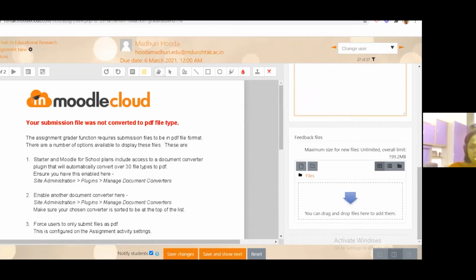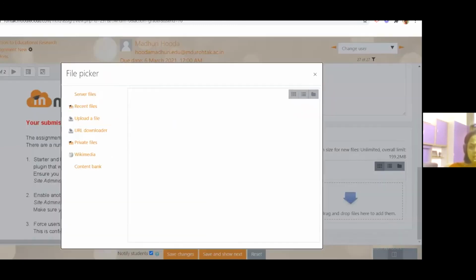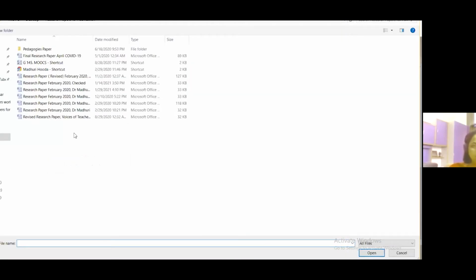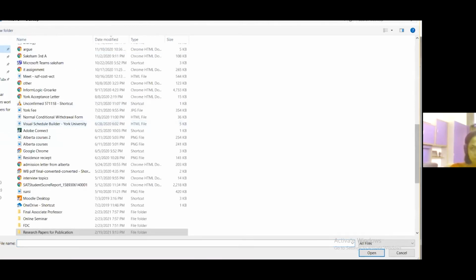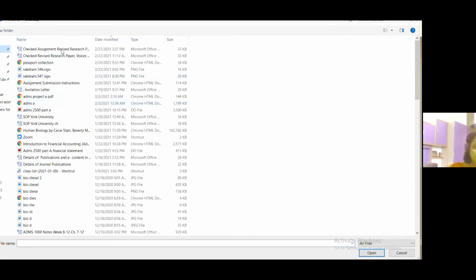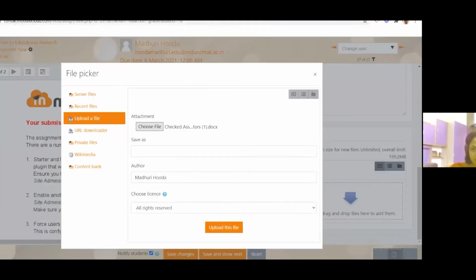And this is the option where you can add the feedback files and send them back to your students. Click on choose file. This is the checked assignment. I have uploaded this assignment in Moodle.